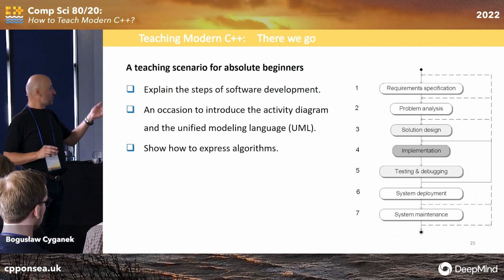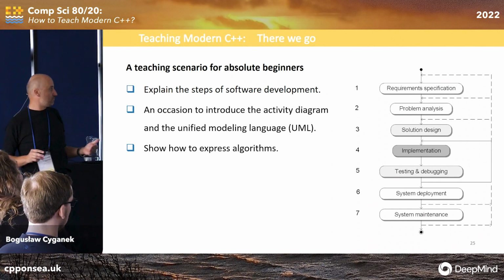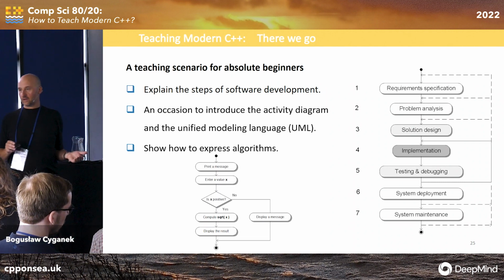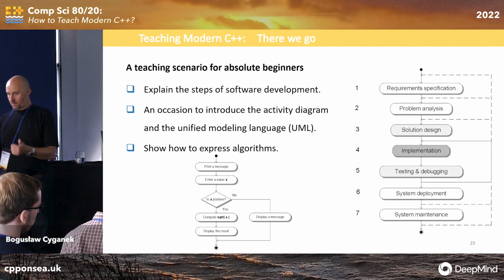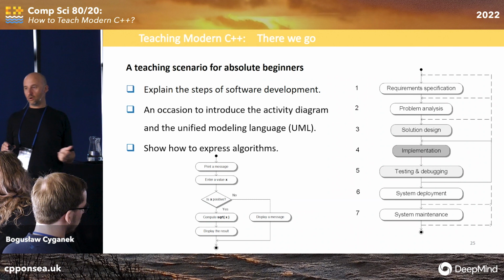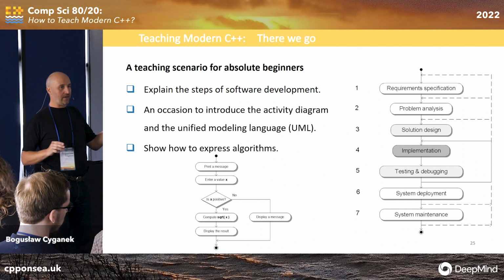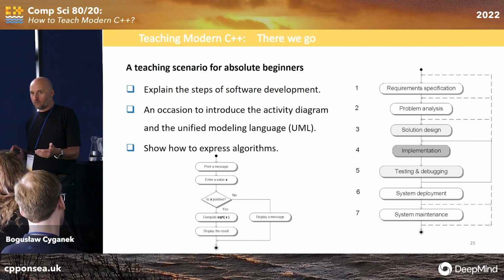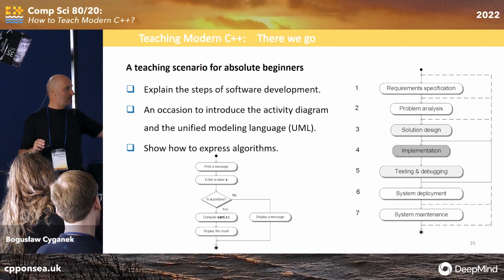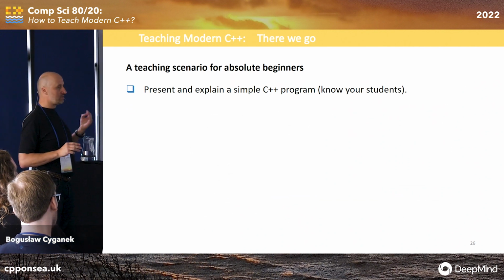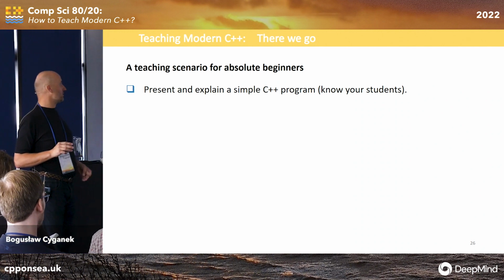Show how to express algorithms. They can be expressed in text. They can be expressed in a UML activity diagram. Name it, activity diagram. So your students will know the activity diagram. In a moment, they will know the class diagram, the use case diagram. So why spend another semester teaching only UML and some software development methods, maybe advanced, that's okay, but on occasion you can do much more. So this is another point of my talk. Don't teach only C++. Teach computer science with C++.